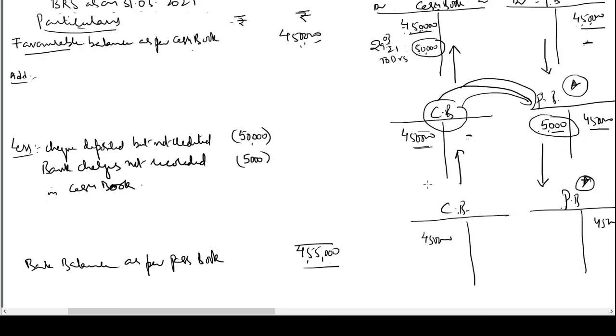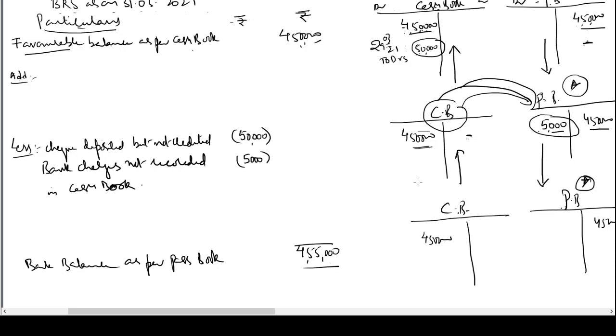Now we have issued the checks on 30th March. We have learnt earlier that as soon as we issue a check, we record an entry in our books. We pass an entry, creditors account to bank, on the date of issue of the check to keep track of the correct balances. If I issue checks and do not record them in my books, I won't know the correct balance I have in my bank. Okay, I keep issuing hundreds of checks and I don't record them in the book. So I will not be able to ascertain what is the balance in my bank after issue of each check.